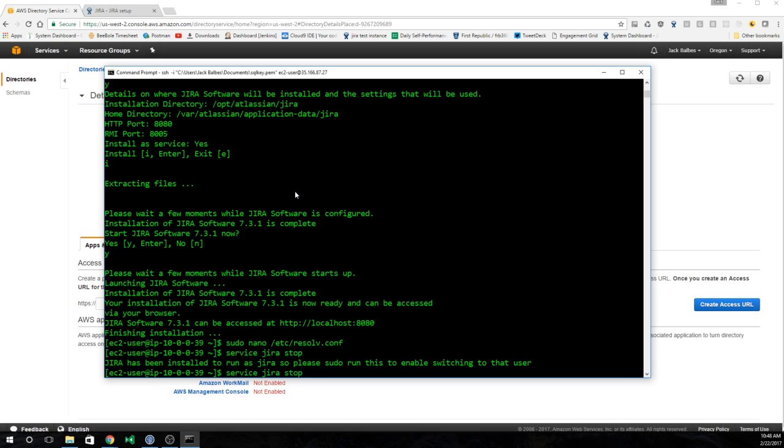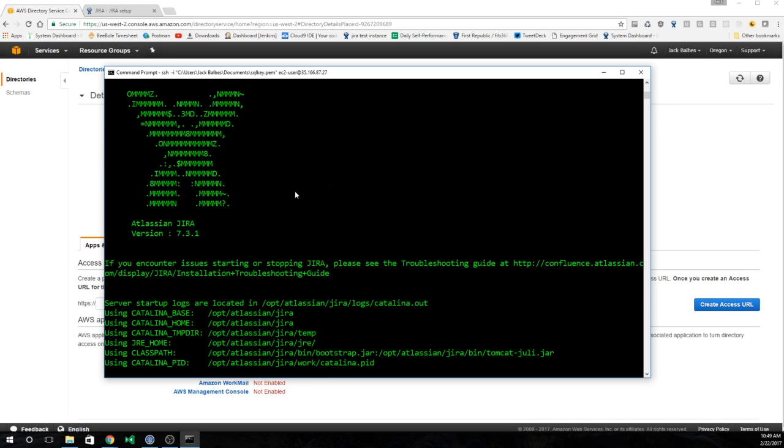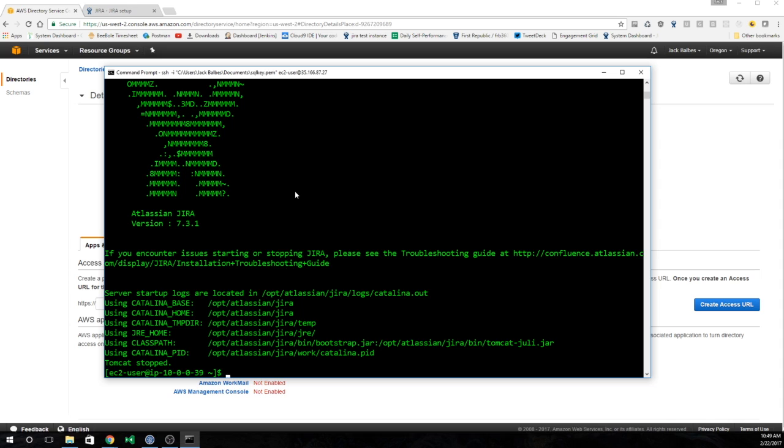Yes, it needs to be sudo, because we need to be a super user to do this. So sudo service stop, or service Jira stop, and then sudo Jira service start. Simple enough. So Jira has been restarted, so it now has the updated